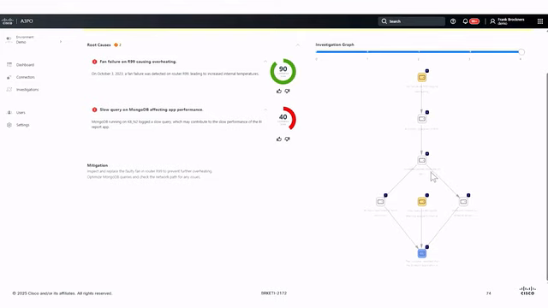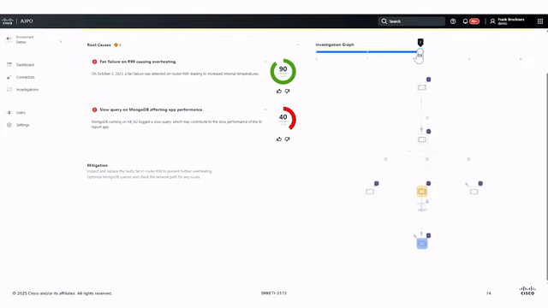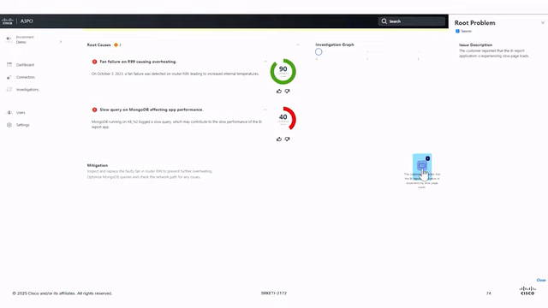And I can use this investigation graph and time travel back a little bit to see how we came to that particular conclusion. So we started off with the initial problem statement. So the customer reported that the BI report app is experiencing slow page loads. So this is where we started.